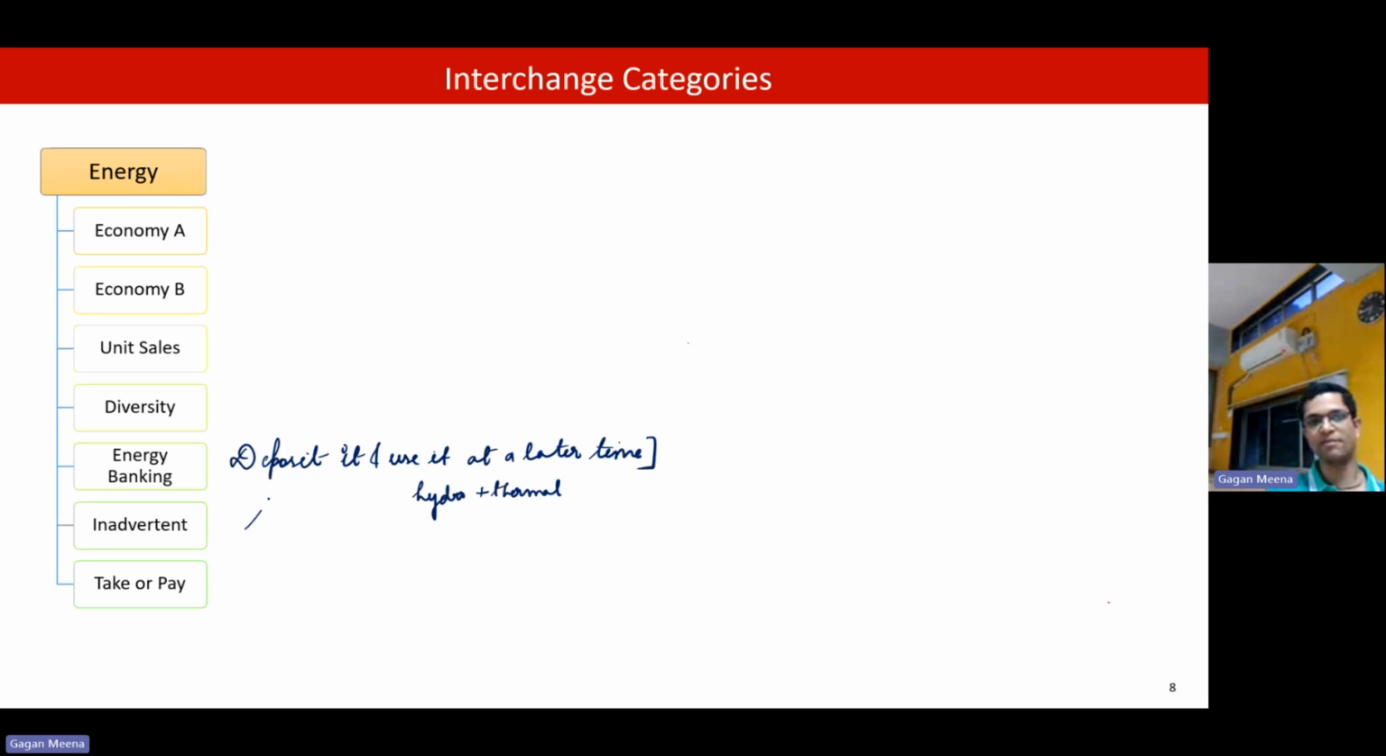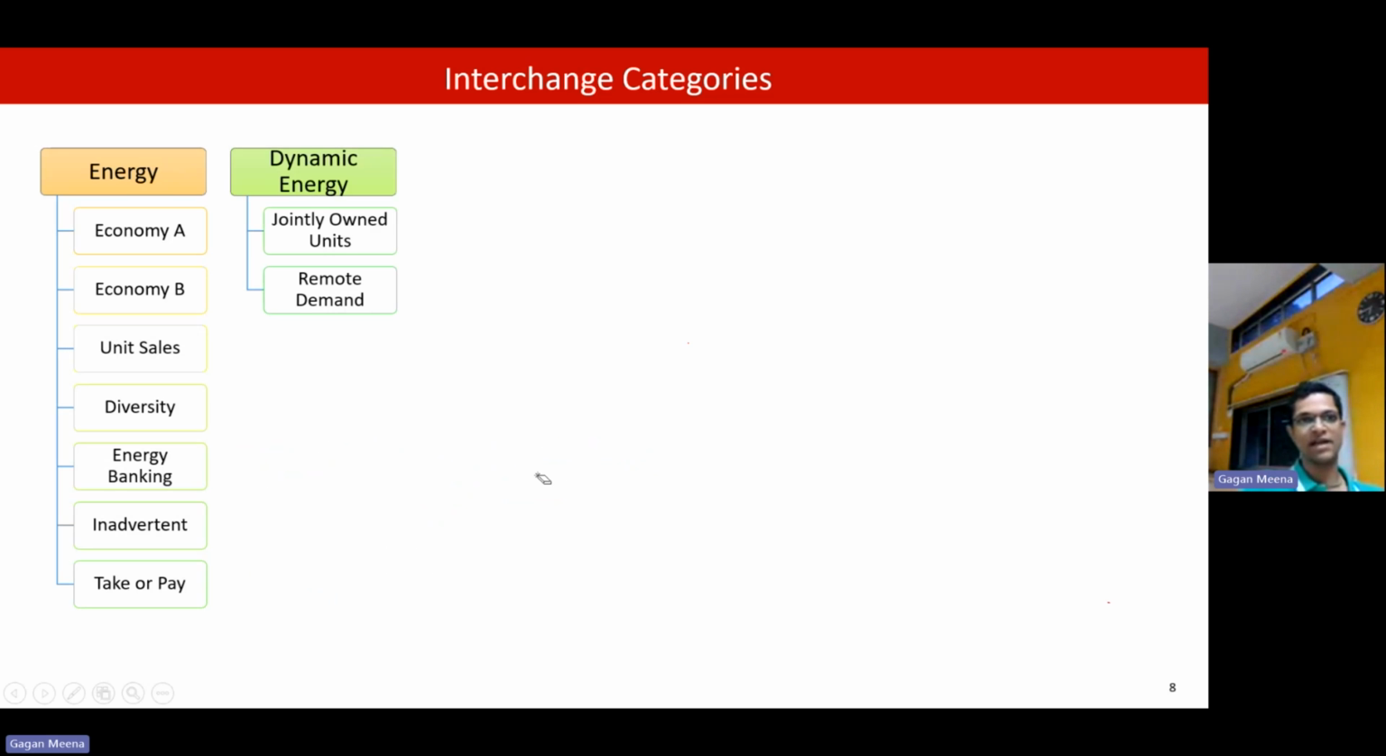Then the last one is the take or pay. It is similar to gas contracts, which we have already discussed. Moving on to the next type of interchange, we have dynamic energy, and there are two types: one is jointly owned units and the second is remote delivery. Dynamic energy contracts change as a function of